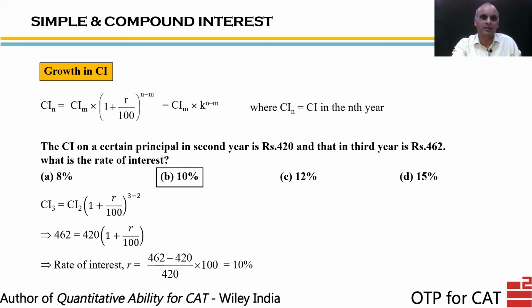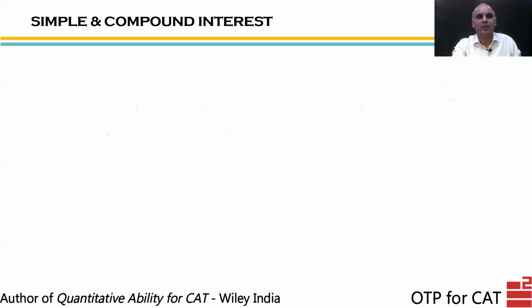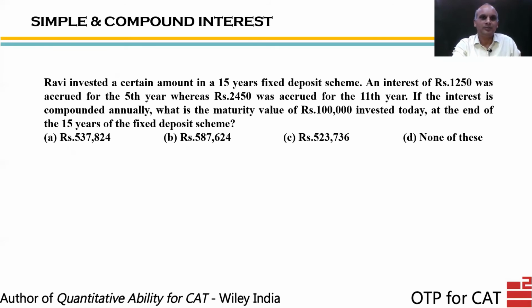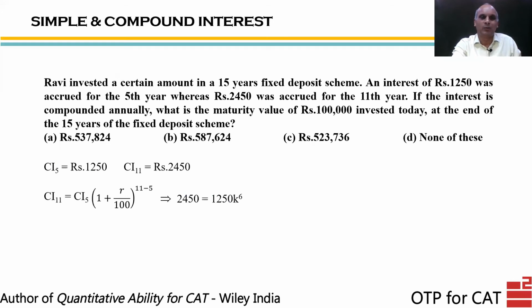I hope you have understood this. Let's try one more problem. In this, data is slightly more complicated than the previous one. So in this, we are given the 5th year CI and 11th year CI. So we'll use a formula of growth rate in CI. We get CI5 is 1250, and this. We apply the formula, we will get CI11 is CI5 into K to the power 6, which becomes, upon simplification,